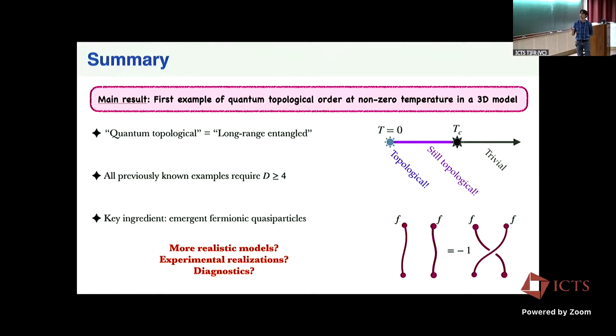I'll leave up this summary slide and mention there are two interesting outlying questions. One is going from this simple toy model to something more realistic that maybe only has two-body interactions, but is still in the same phase, so that you can hope to engineer it in some actual experiment. And then to ask how you would diagnose if you actually had this phase. I gave you a formal definition and a proof, but what experiments would you do, or even just numerical experiments, what quantity would tell you that you are in this phase? These are all interesting open questions. Okay, that's all I want to say, and thank you for your attention.